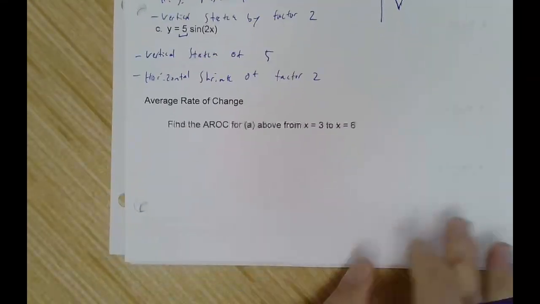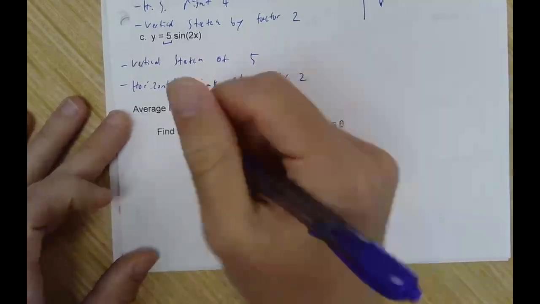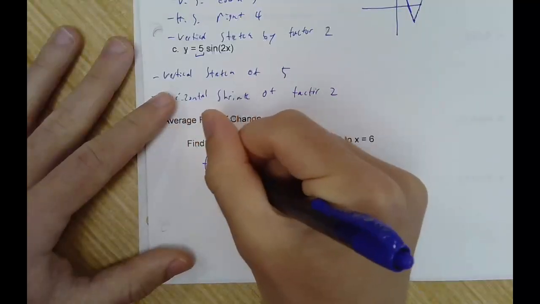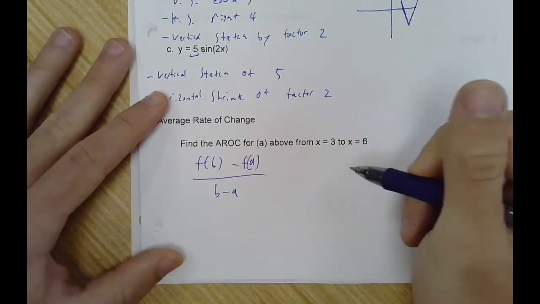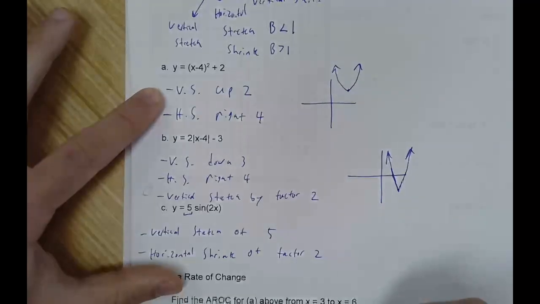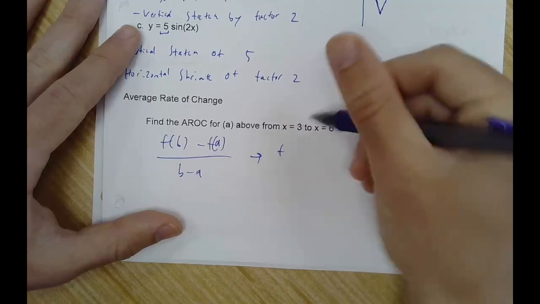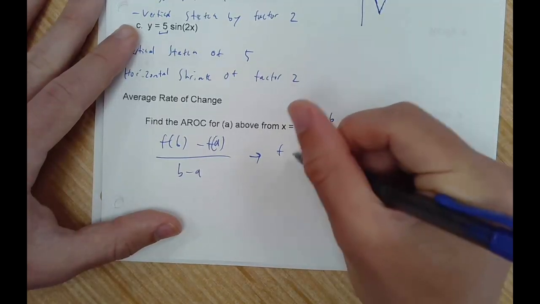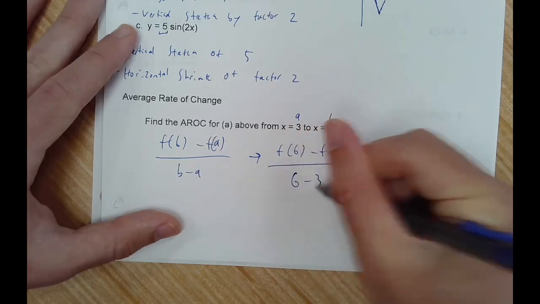Okay? All right. Find average rate of change for a above from 3 to 6. So average rate of change, or AROC, is f of b minus f of a over b minus a. So for a, this one up here, this is your a because it's lower, and this is your b because it's higher. F of 6 minus f of 3 over 6 minus 3